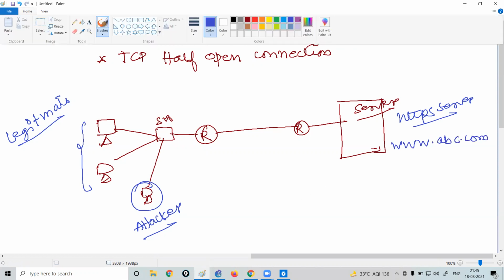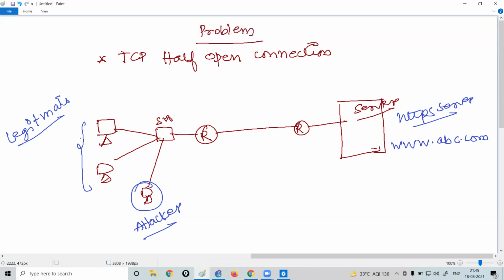So now what happens, whenever you open Google Chrome on your system, you write www.abc.com. First of all, your system will resolve the DNS. There will be a DNS query between the server and the PC. Then the user machine will try to set up a TCP